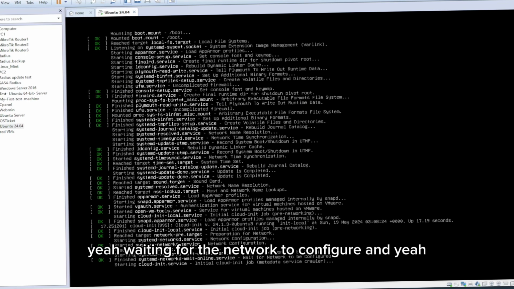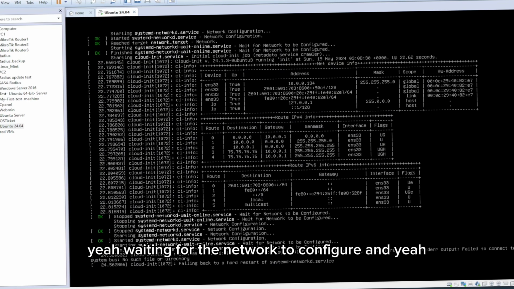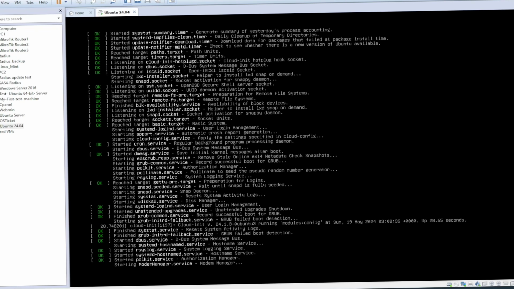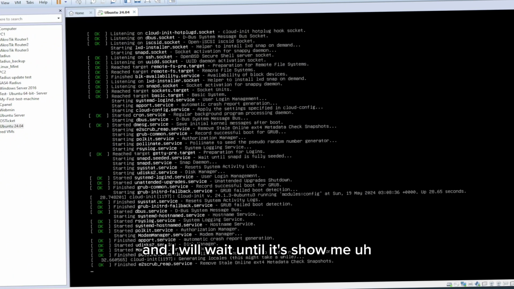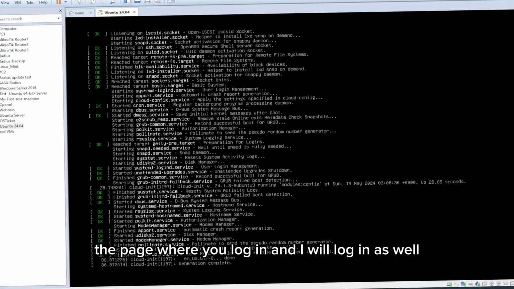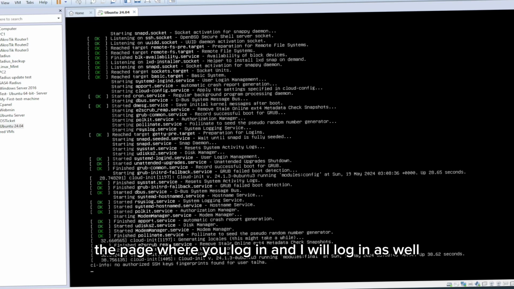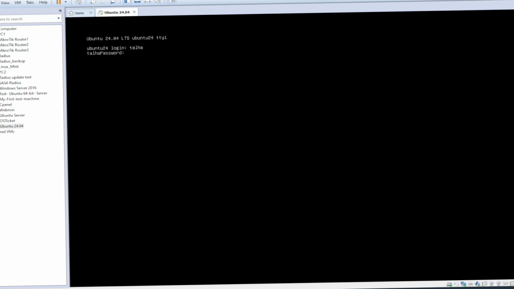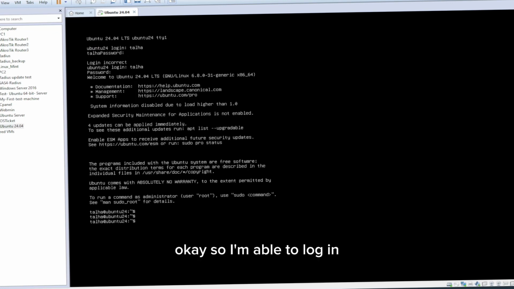Yeah, waiting for the network to configure, and it's getting all the DNS and everything. And I will wait until it shows me the page where you log in, and I will log in as well. Okay, so I'm able to log in, and that was the procedure for installing Ubuntu Server